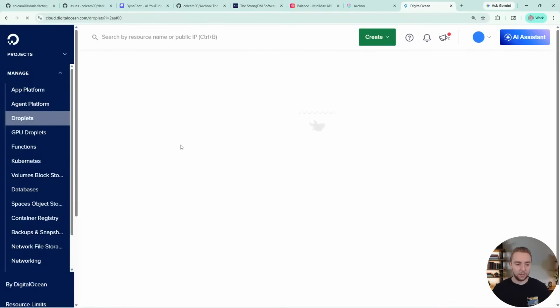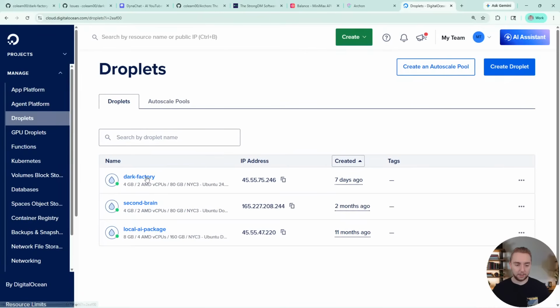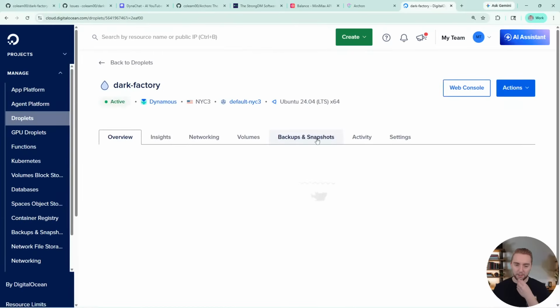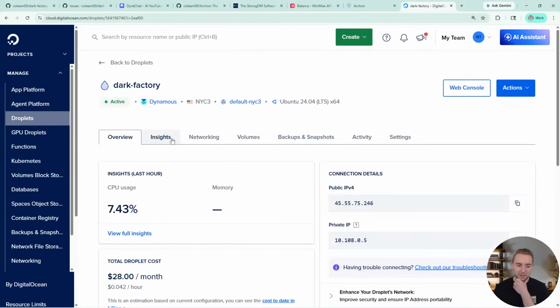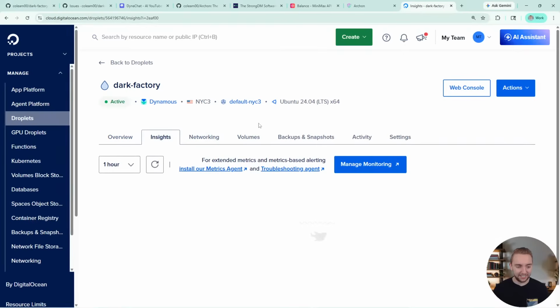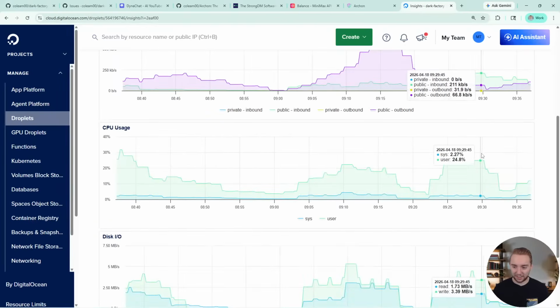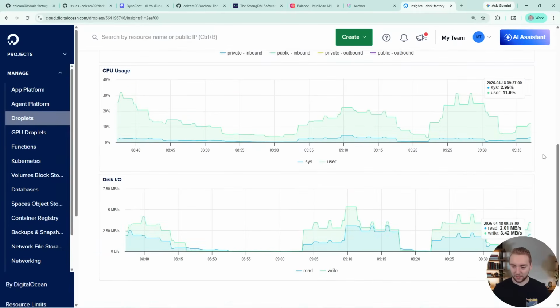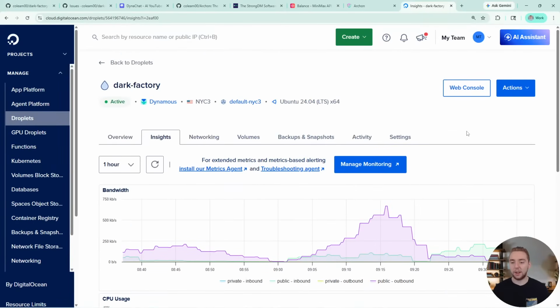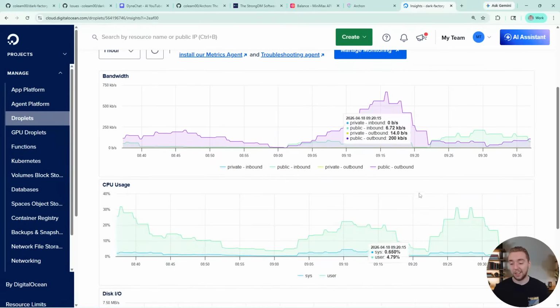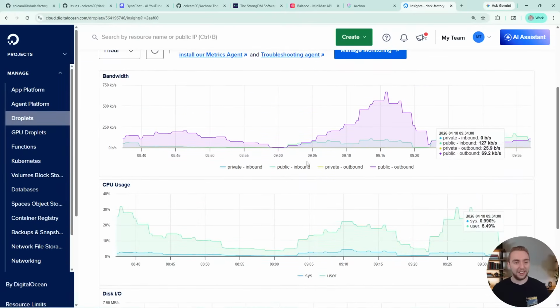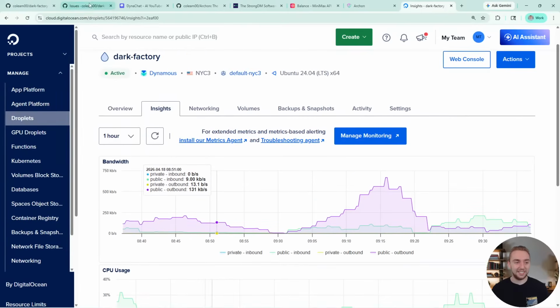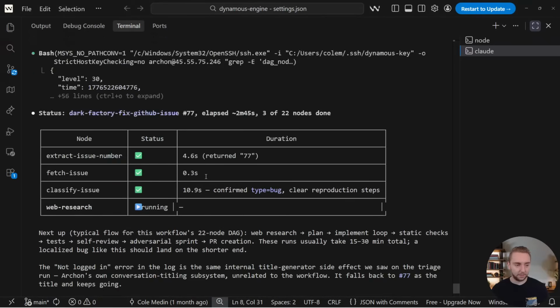So anyway, I'm going to open up the dark factory here and monitor, because I've been hitting CPU spikes on this instance a lot. I want to make sure that, okay, we're looking pretty good for bandwidth. Because yesterday when I tried running a lot of workflows in parallel, I crashed the machine. So I just want to look out for that as it's running right now. So okay, we're looking good, and we can go back and see.